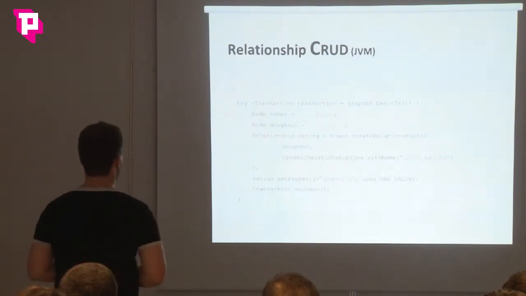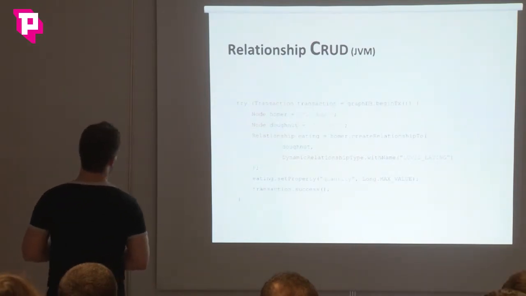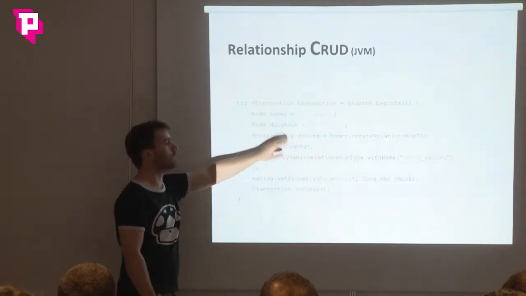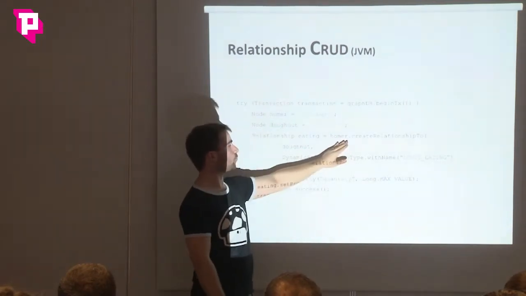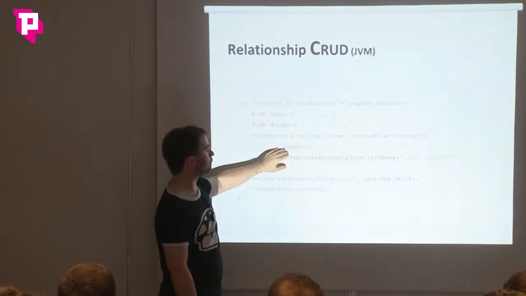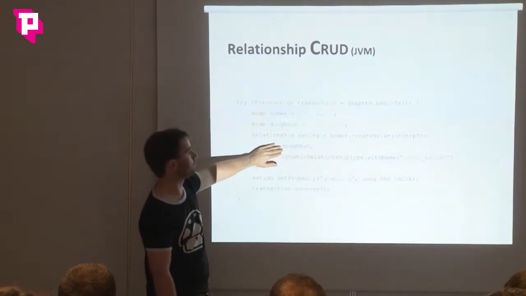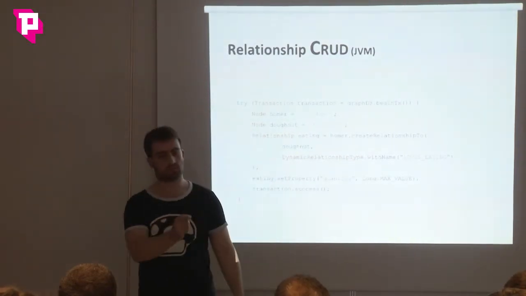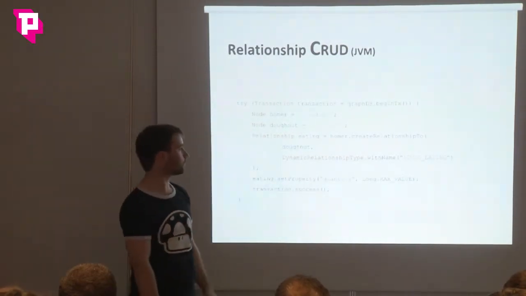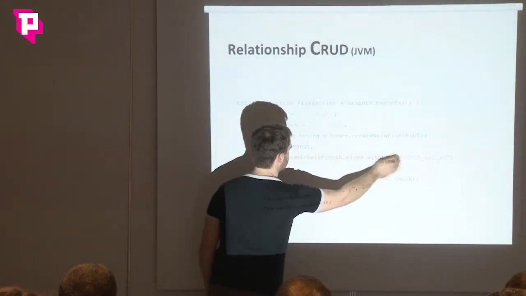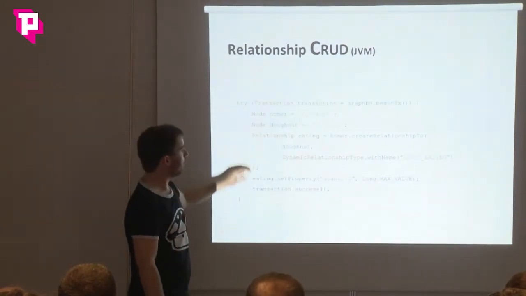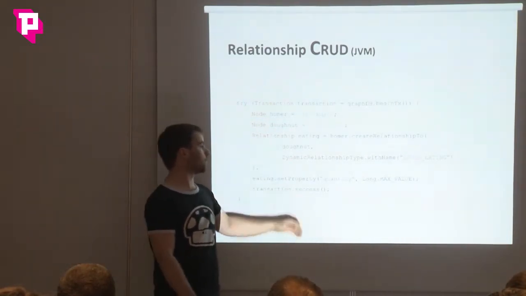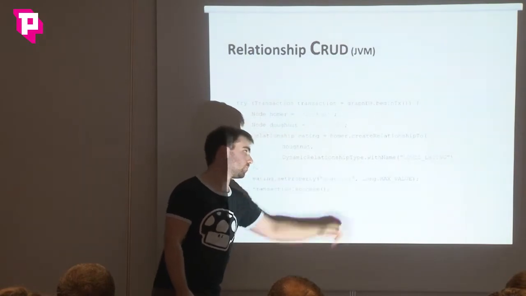Relationship is kind of the same, except that the way to create a relationship is to start from a node. So imagine I have found the node owner. What will I do? I will create a relationship from owner to the destination node, the donut itself, and I can give it a name. This is a labeled relationship as I showed before. So what does it mean? Owner loves eating donuts. So far, so good. And if I want, I can add properties to relationships. So for instance, he loves eating donuts a lot, basically.